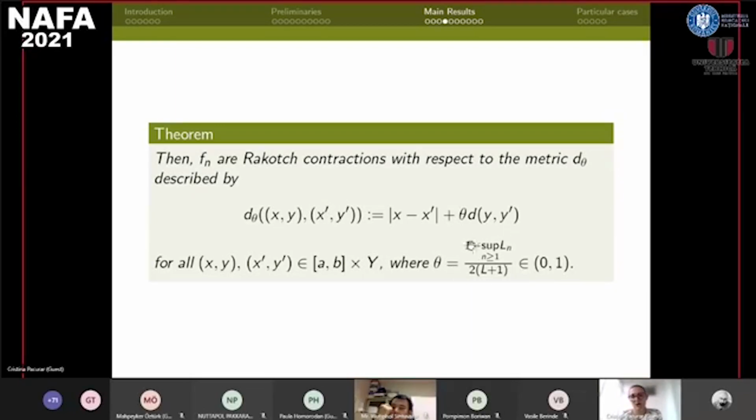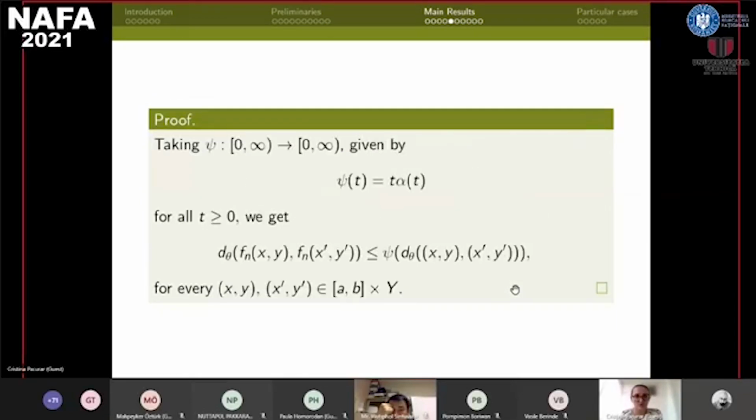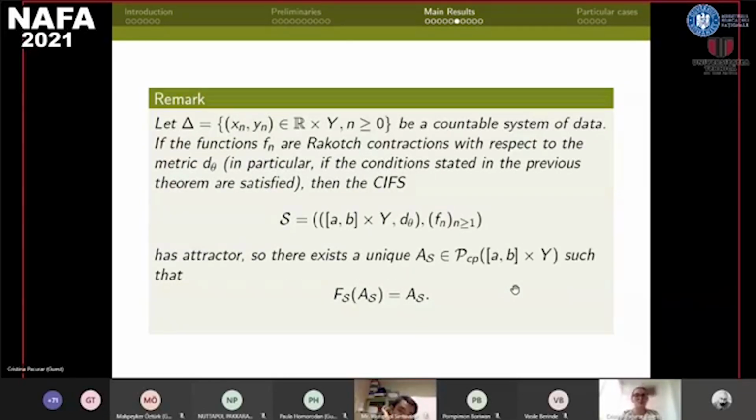where theta is in 0, 1, and it has the following expression. I'll also skip here the proof, and I'll go to a remark. We can observe that if delta is a countable system of data, if the functions fn are Rakotch contractions with respect to the metric d theta, and we'll prove that they can be as such if we choose wn in a particular way, then the countable iterated function system composed of the metric space AB times y with the metric d theta and with constitutive functions fn has a